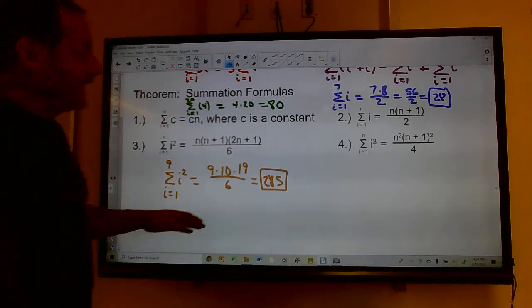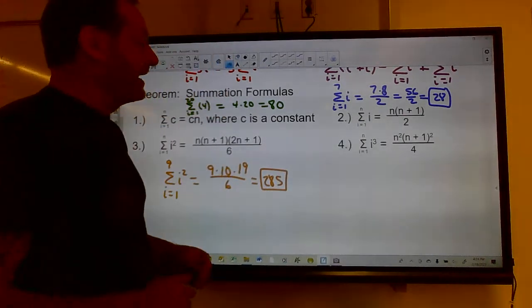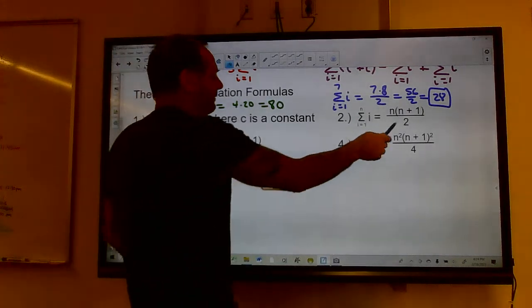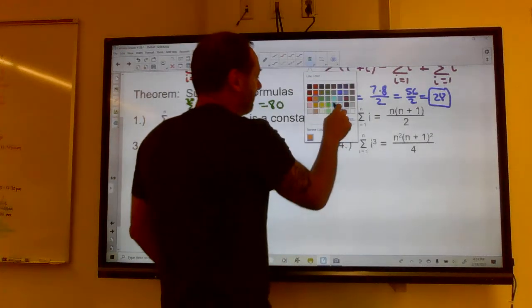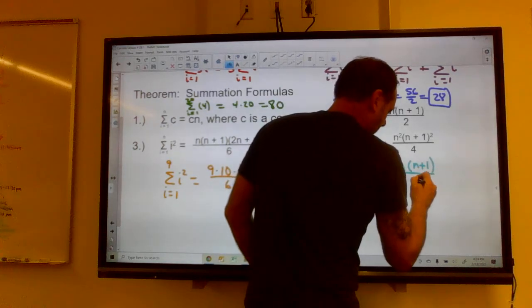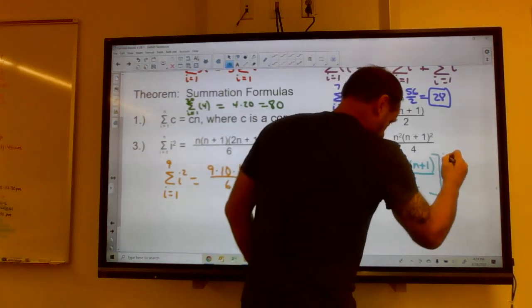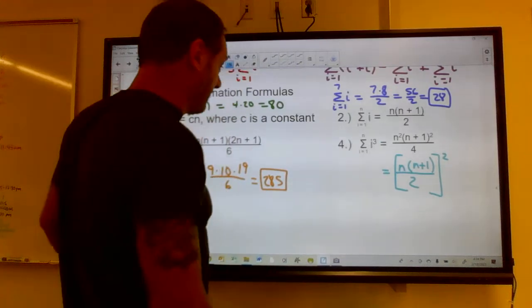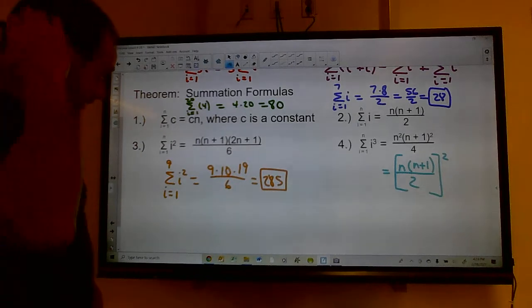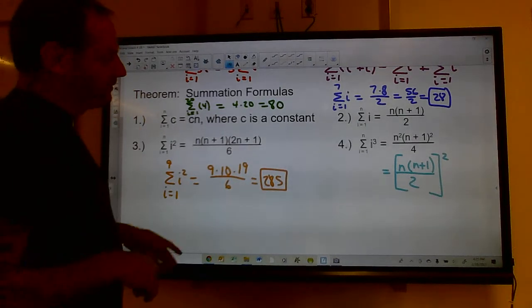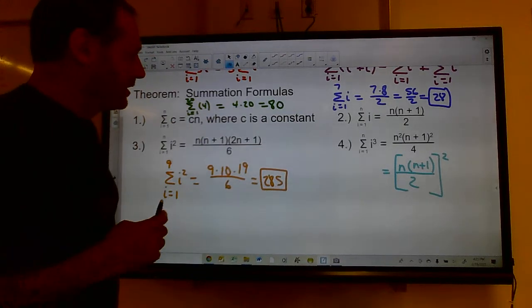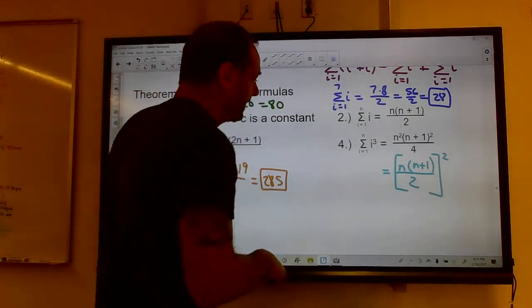Okay, and then lastly here, the sum from i equals 1 to n of the i cubes. That's just n squared times (n plus 1) squared divided by 4. Now, I don't usually use that formula. I prefer this one. It's [n times (n plus 1) divided by 2] squared. And the reason I like that one is because it's exactly like this one, except I square it. So it's easier to remember that way. And then there's formulas for i to the 4th and i to the 5th and i to the 6th too, but we hardly ever use those. So anyway,